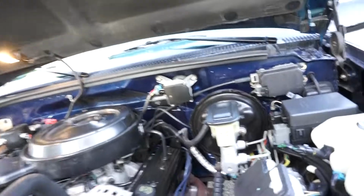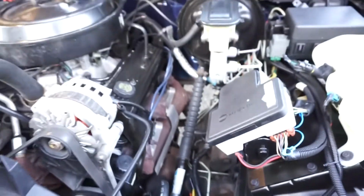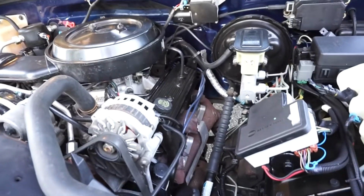I'll go ahead and take you guys underneath here, and then I'll fire it up, and then we're gonna go ahead and hit the highway. But this thing is very clean. Like I said in the ad, we just had the transmission put a ton of money into this thing, just to make sure. The transmission was feeling definitely soft, so we had a transmission rebuilt,